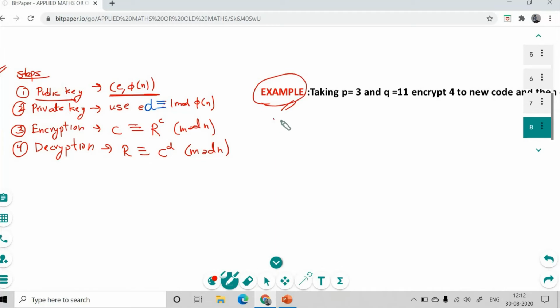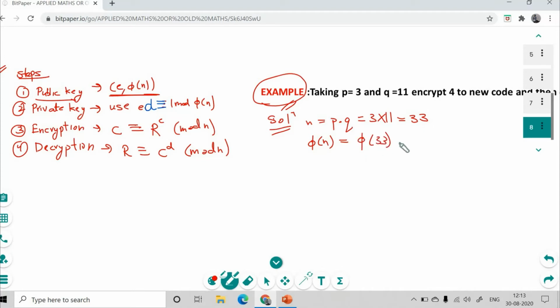Now how we are supposed to find the public key? First calculate, solution here is first calculate n. N should be P into Q. That is 3 into 11. In the beginning of this video, the first part, I told you that the very basic proposition used for this theorem is product of two prime numbers, which is very large, right? So 33.